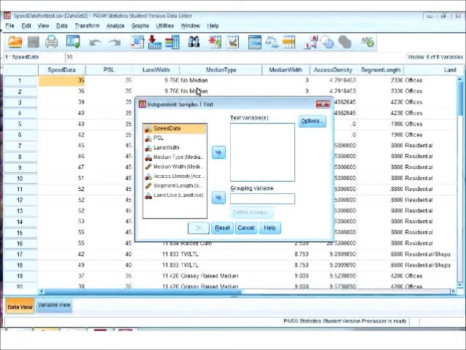Now my claim, my null hypothesis, is that there is no difference in the mean speed of the vehicles where the posted speed limit is 30 miles per hour and where the posted speed limit is 40 miles per hour, which means that the mean speeds on both of these roadways, where the posted speed limit was different, are the same. So my test variable is speed and my grouping variable